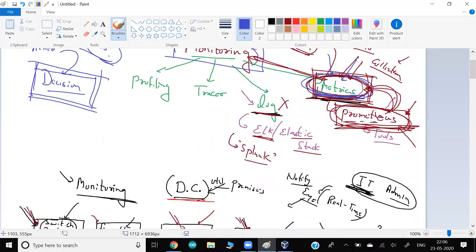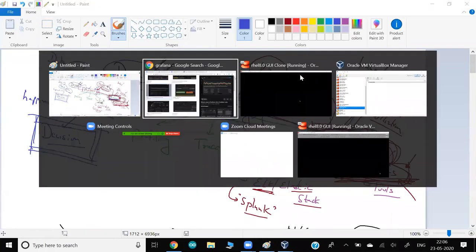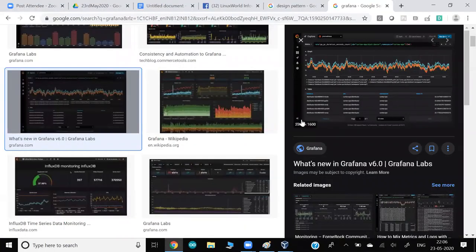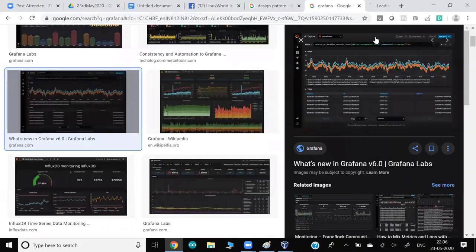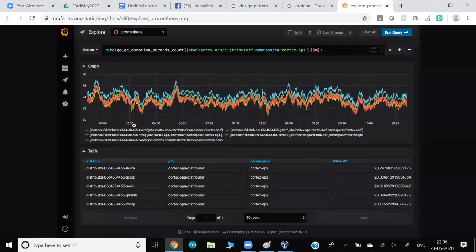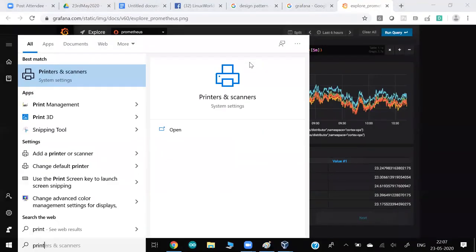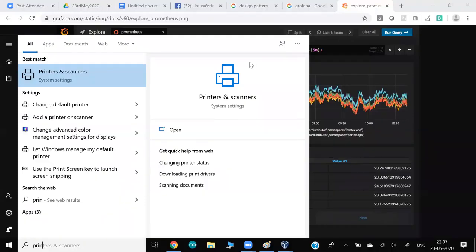Grafana is just a graphical tool. I don't know if it is visible or not, but if I open this image, Grafana will give you these visuals, graphical, all the things for you. If you look at the top, you can see the metric here. After the metric, you can see some text. This text is a PromQL query. Even though it looks very complex, it is so simple. Maybe we might learn today whatever is written there, the format.